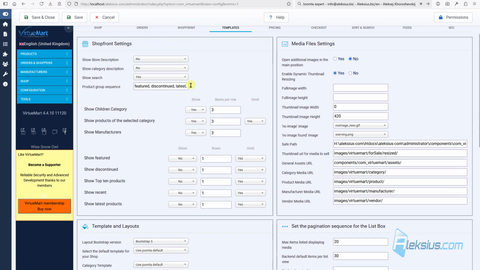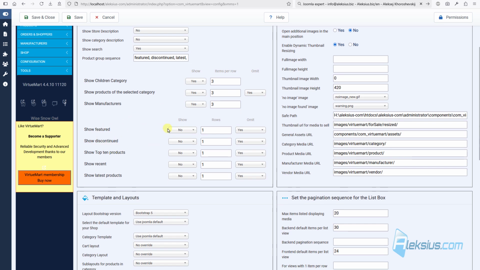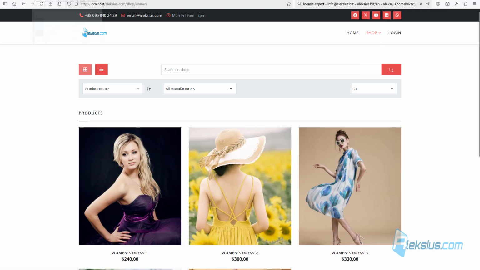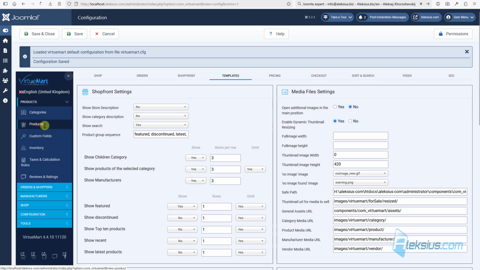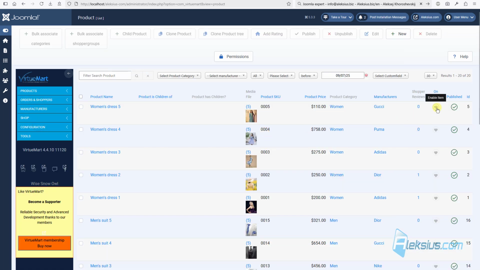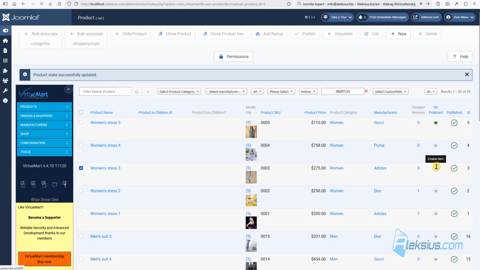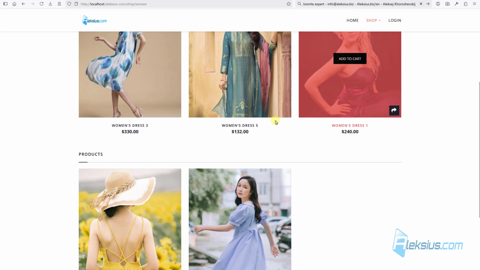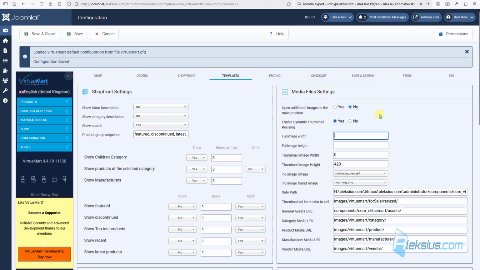Also, let's see how the show featured option works. Select yes, let's go to the woman category, here we are, and now if we go to products and select, for example, three products as featured products, let's enable the page and we will see featured products first and then all of our products. I strongly recommend you at the beginning of your online shop creation, test these options and only then add products